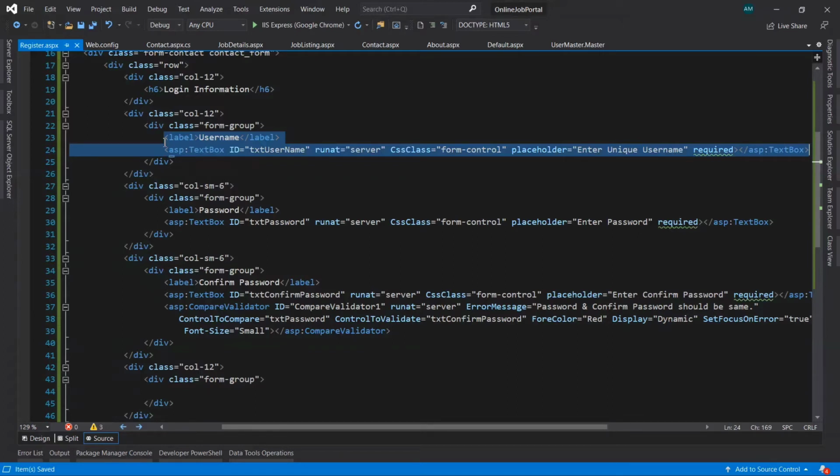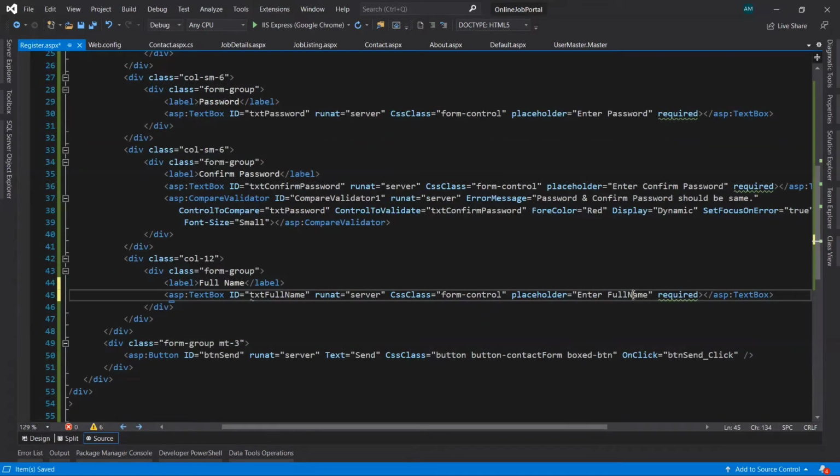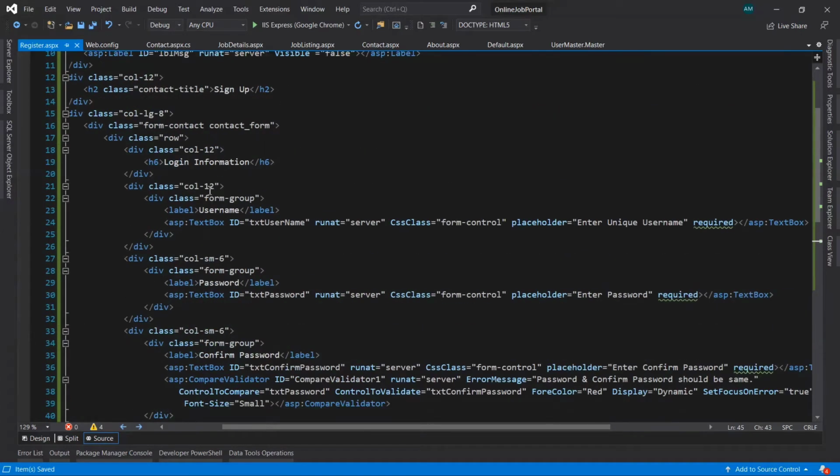txt full name. But we are going to take this full name inside our personal details or personal information like the previous year.